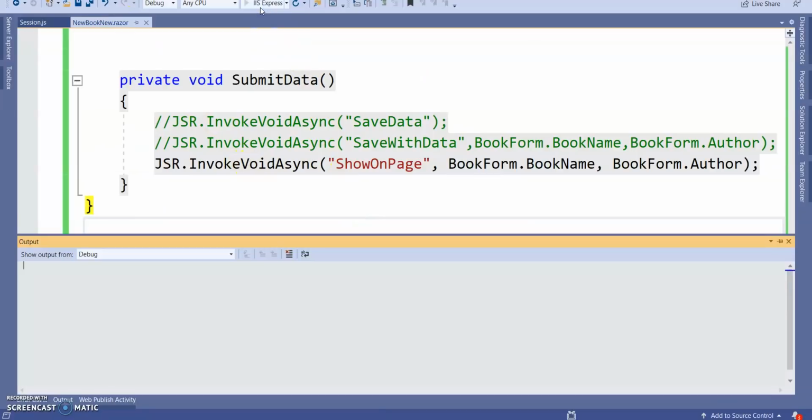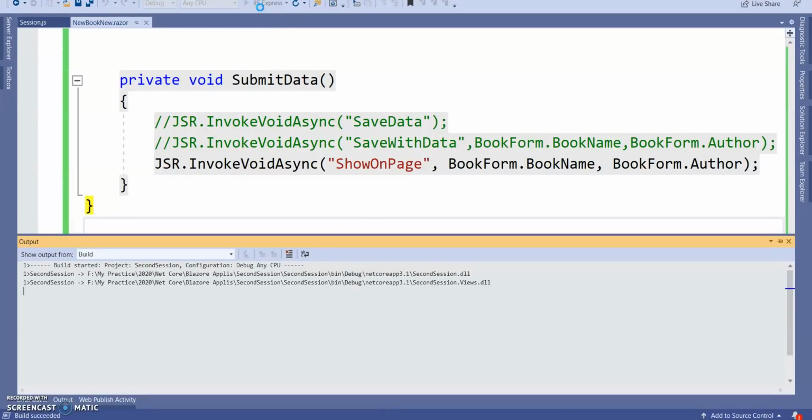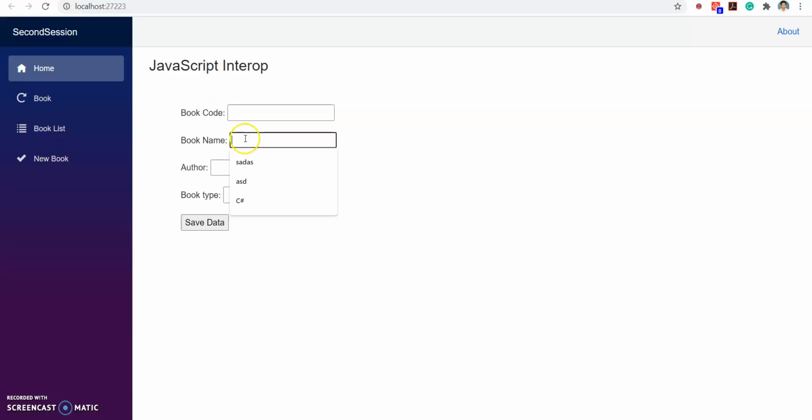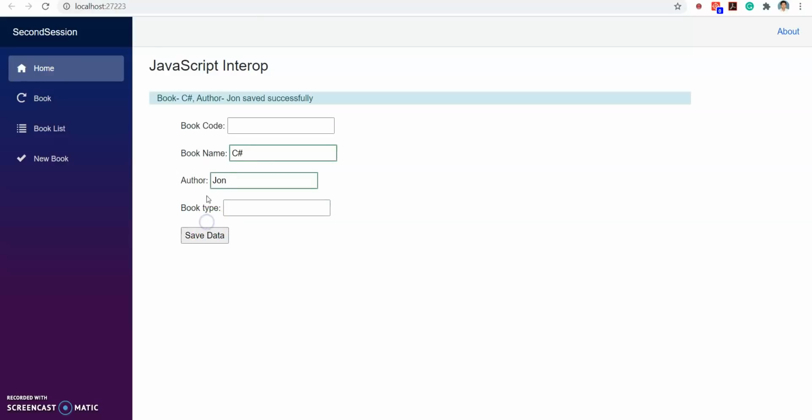Now run the application. Click on save data. So you can see how we can handle a DOM object through our JavaScript function.